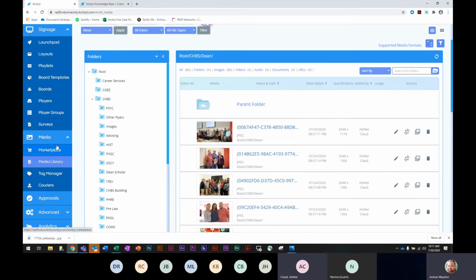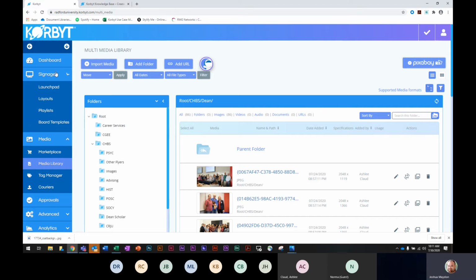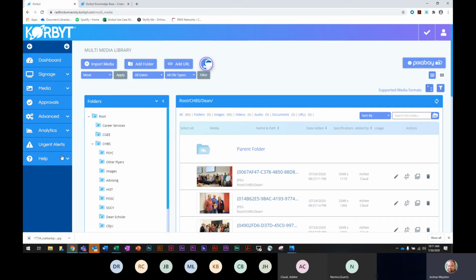Awesome. So it's very simple. Media library, then to playlist, and then you're good to go. And they'll begin appearing on screen in the rotation that you set on that playlist. So again, everybody's on the honor system. We do recommend you access Korbyt, and just to give you a little additional